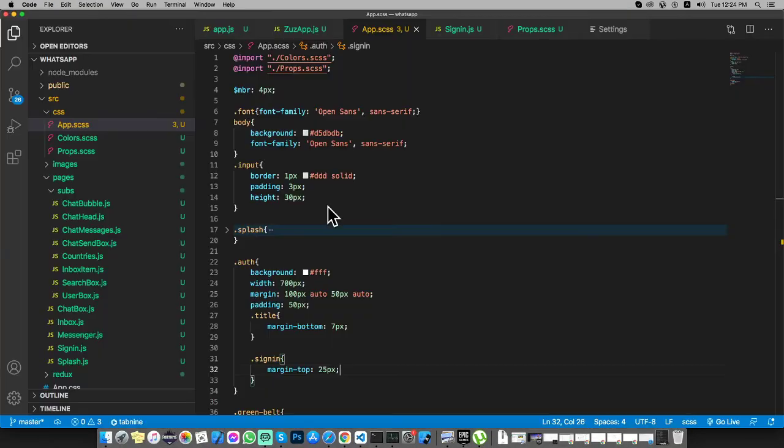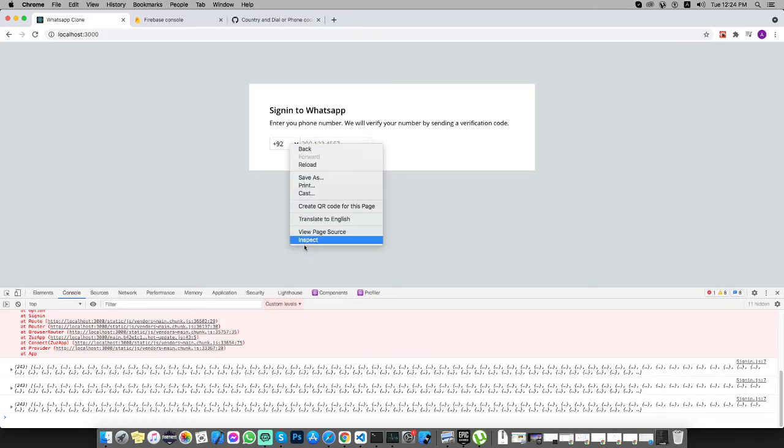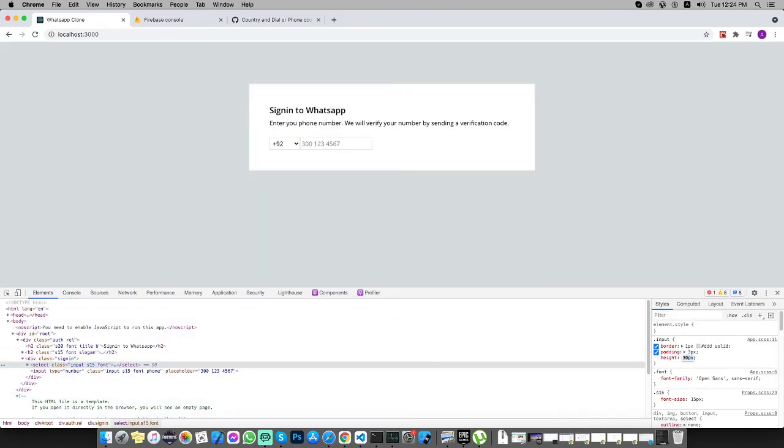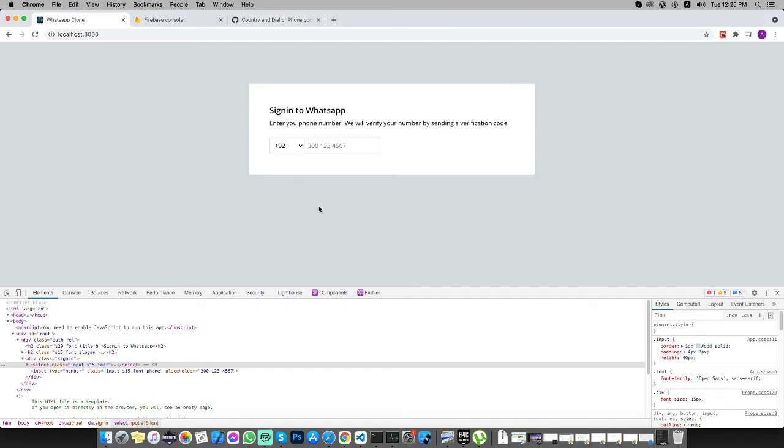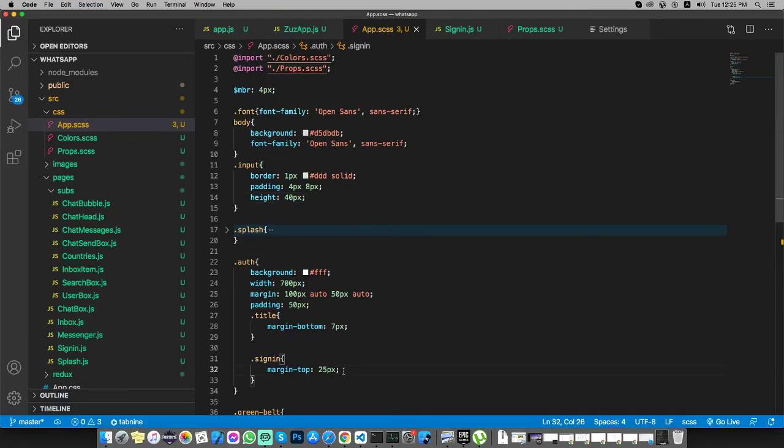Great. And for the input we will use a height of 40 or maybe 42. Let's go with 40, and padding of 3 and 8 pixels. Let's go with 4. Perfect. Copy. Sorry, we need to add it here. Save. And for the input